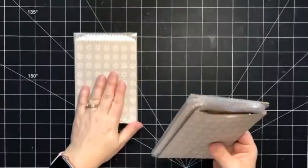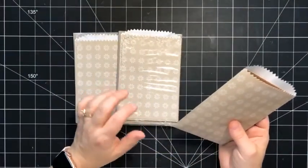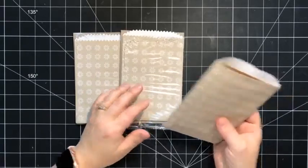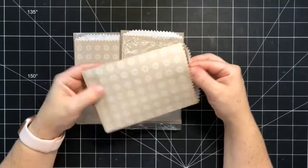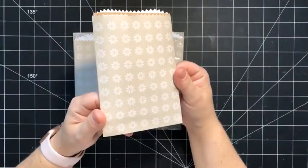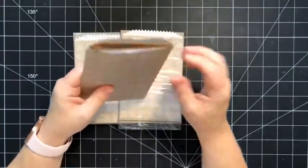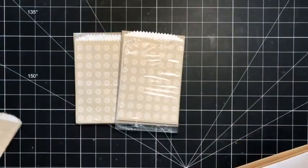But these are the add-ons for this month's kit, and they're on sale for like $2.25 for a package. So these are, I think they're called Santa sacks. I think that's what they're called. But they're not just Christmassy. Like, look at that pattern. That doesn't need to be used at Christmas. So they are, let me give you the measurement here. They are